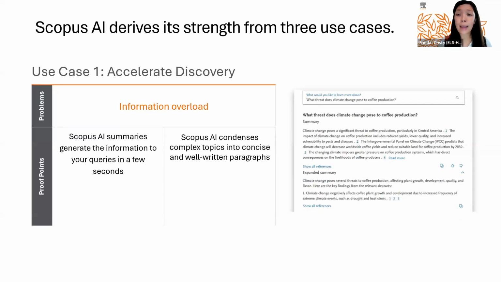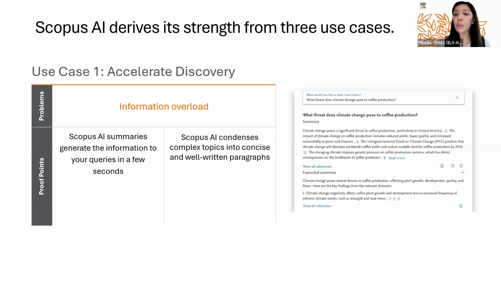So with Scopus AI, you could just indicate your question, even via a natural language query, just like when you are conversing with your colleague or with your peer. That is just the type of question that you could put on Scopus AI. And then it would give you a summary about this particular topic.